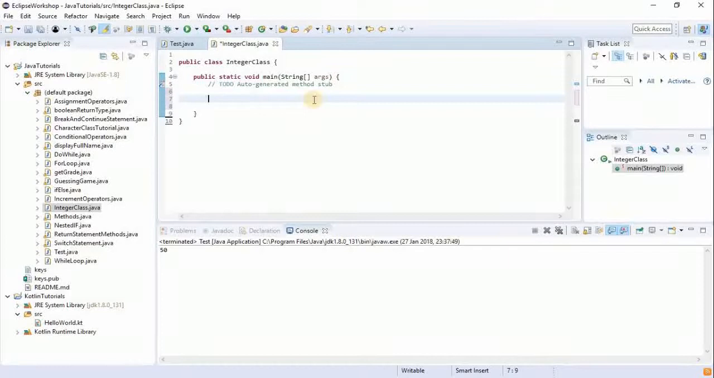Before starting this tutorial, I've created a new Java class file and named it IntegerClass.java. We're going to be looking at the Integer class today, and you declare it like this: